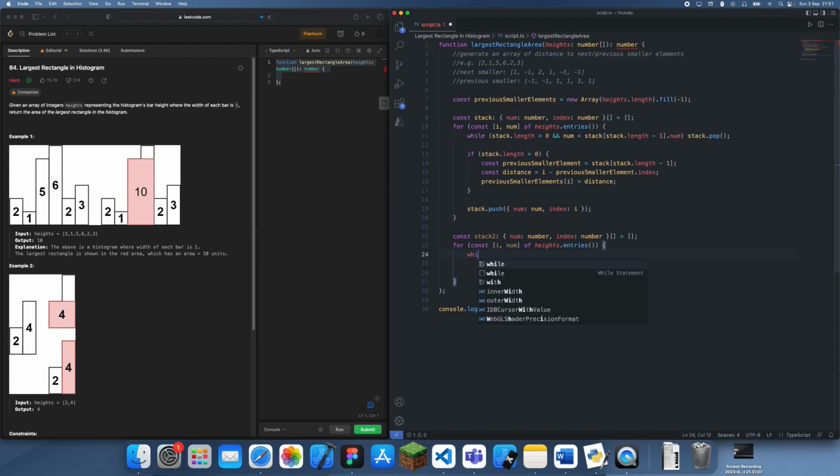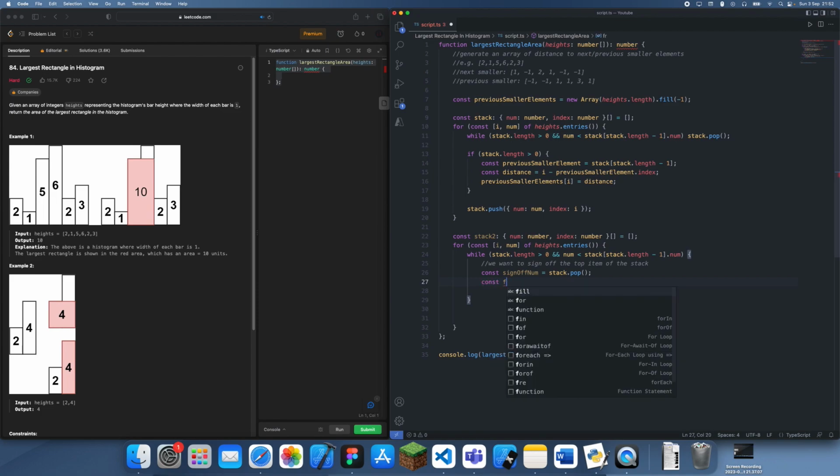So we'll just do while stack.length is greater than 0 and num is smaller than the top item on stack, then we want to sign off the top item of the stack. So sign off num is going to be stack.pop. The distance, remember this is a number behind the current number, so the distance is still going to be I minus sign off num dot index,